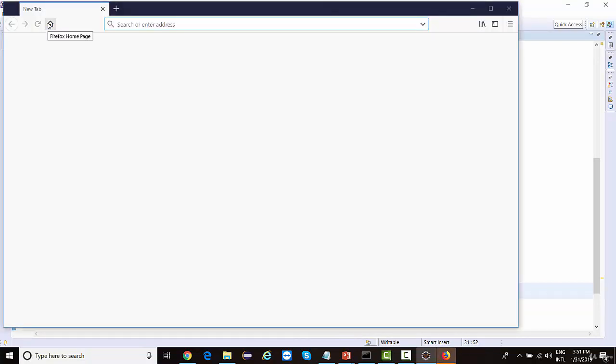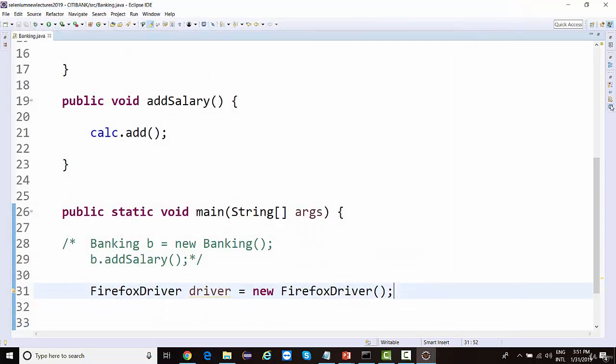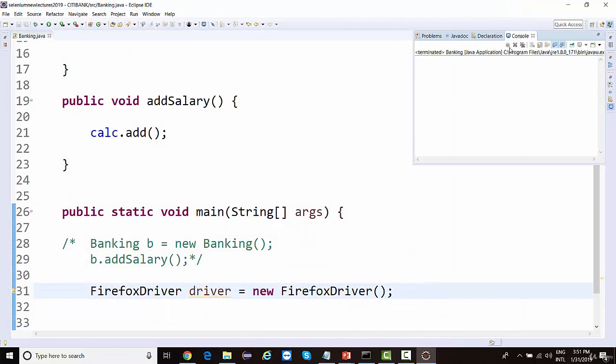See, this launches a browser. Just by creating an object of the Firefox driver class, a browser is launched. Right? We haven't installed anything related to Selenium. We just installed Java, configured Eclipse, and added a jar file. That's it. And now you can start with the automation. So just by creating an object of the Firefox driver class, how is the browser launched?